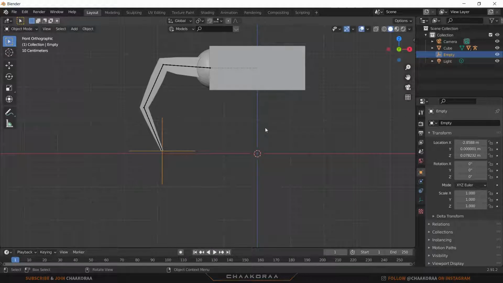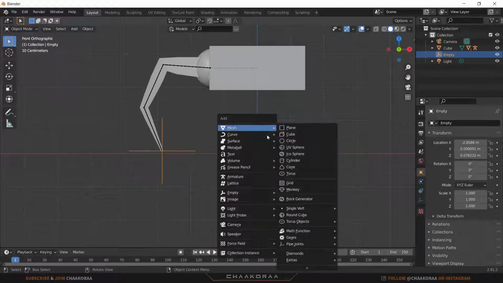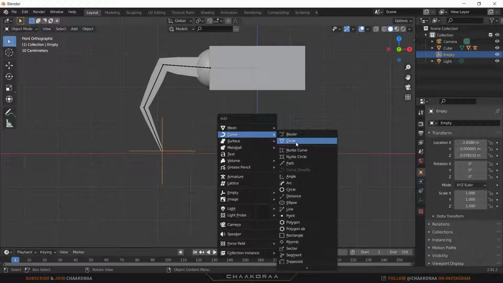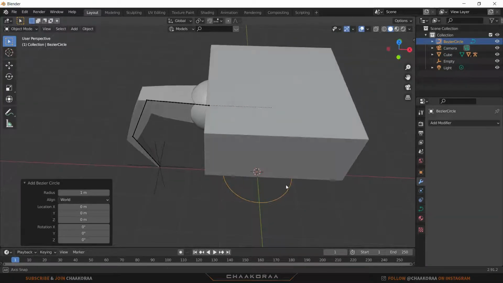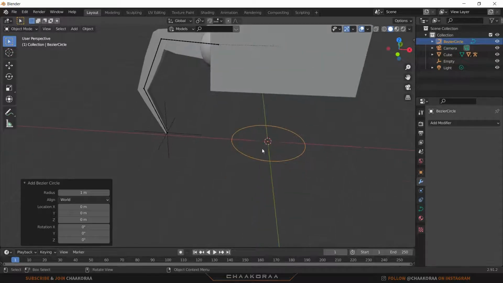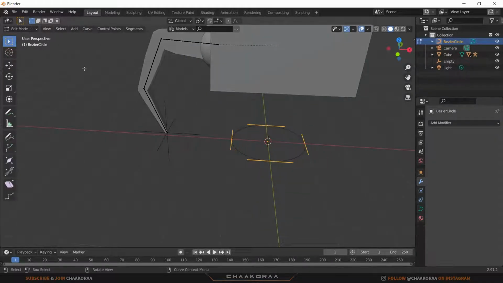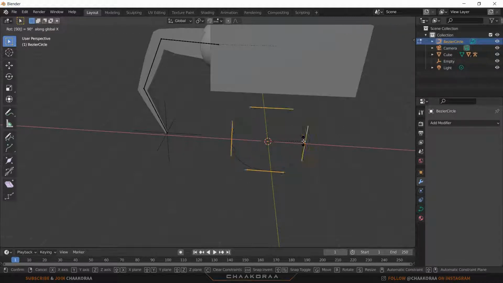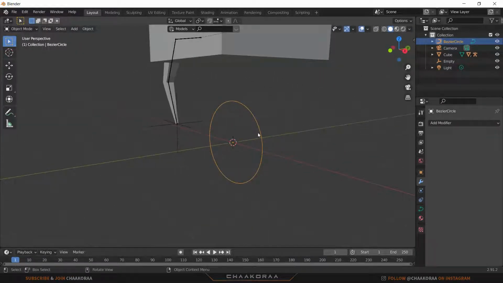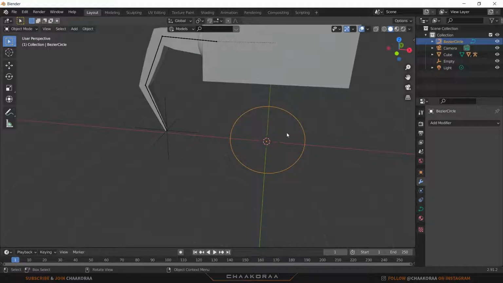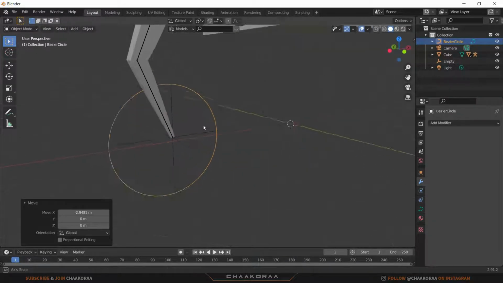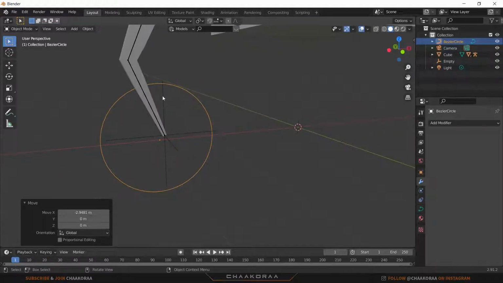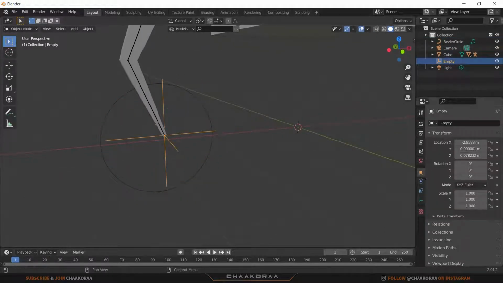To do that, press Shift A, and in the Curve menu, select Circle, and now we have a Bezier circle here. Now press Tab to go to edit mode, and R X 90. We rotated 90 degrees on the X axis, then press G and X to bring it just where our leg is, and click our empty object here, and